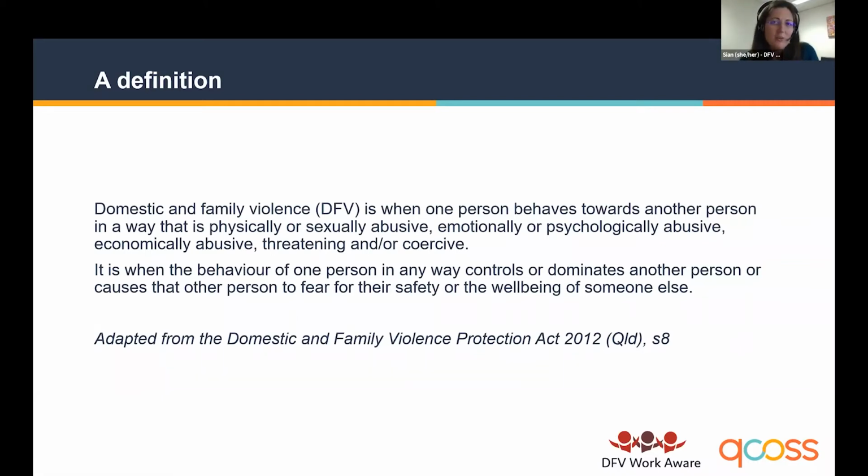We find the terminology can also trip people up. So people can think violence is just a physical thing, but domestic and family violence incorporates a whole range of violence and abuses, and that can include things like verbal abuse, isolation, coercive control, and economic abuse. The other thing we do really want to highlight is that domestic and family violence can include child abuse and elder abuse, as well as abuse within extended family and kinship networks. And it might also include violence by a child or adolescent towards a parent. So what that means is it's not just intimate partner violence, which is one of the, I guess, messages that can be put out there about domestic and family violence.